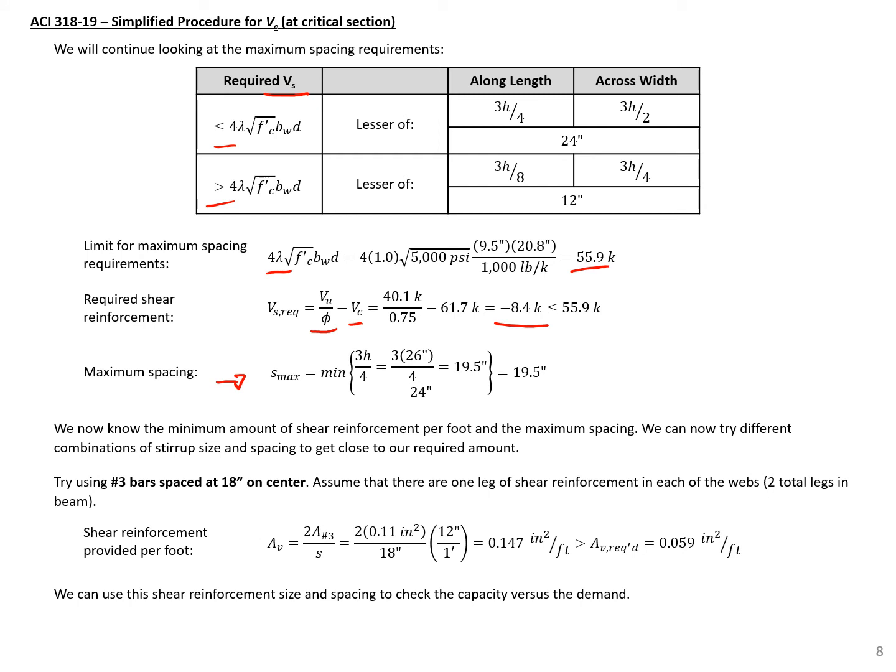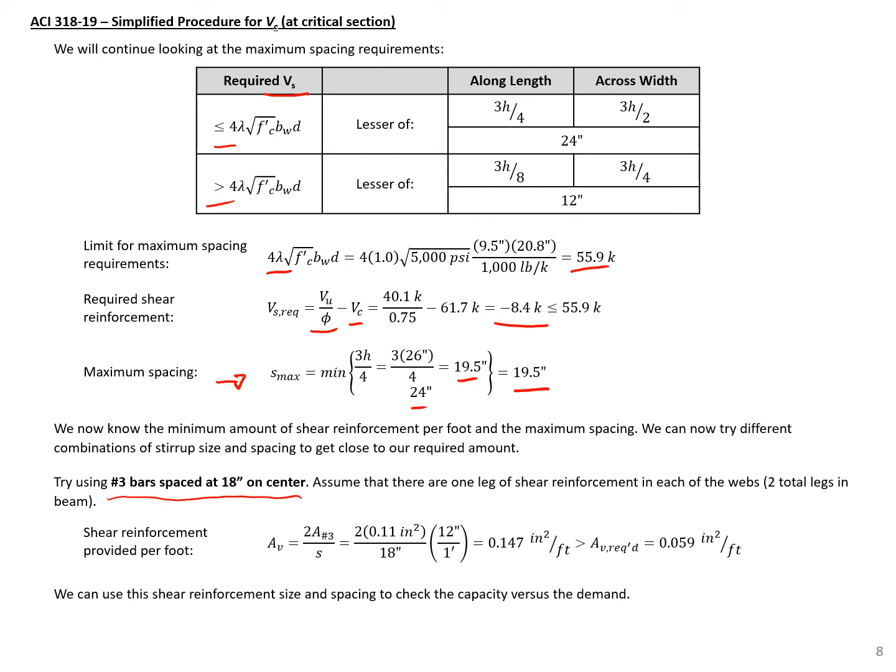So our maximum spacing is the minimum of 3/4 h. So 3 times 26 divided by 4, 19.5, and 24 inches. So 19.5 is less than 24, so we'll use 19.5. So now we know the minimum amount of shear reinforcement per foot, and we know the maximum spacing. So now we can try different combinations of stirrups, or we can use welded wire mesh as well. So here we're just going to try using number 3 bars spaced at 18 inches on center, and we're going